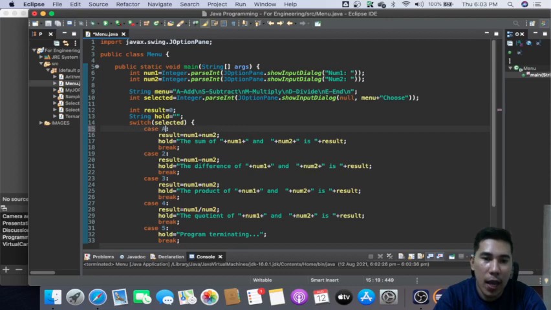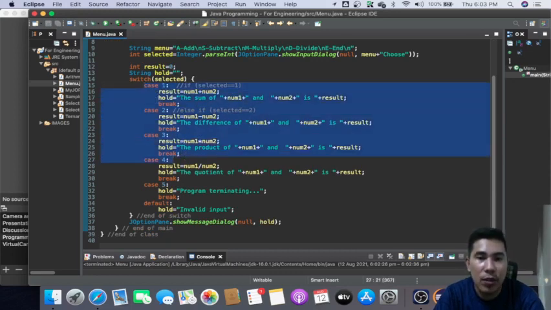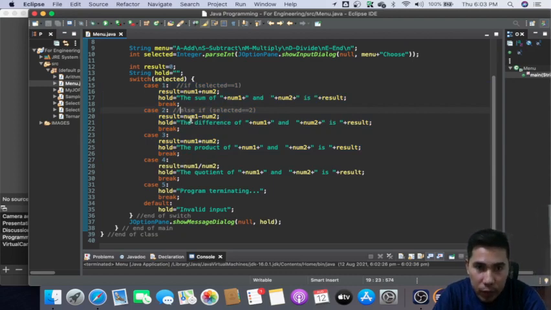So basically, you have A, you have S. By the way, earlier, before we proceed, this is like your if statement. If selected equals 1, and then this is your else if selected is equal to 2. So it's actually similar to an if condition, only that we use constant values. Okay. Now, you have here,